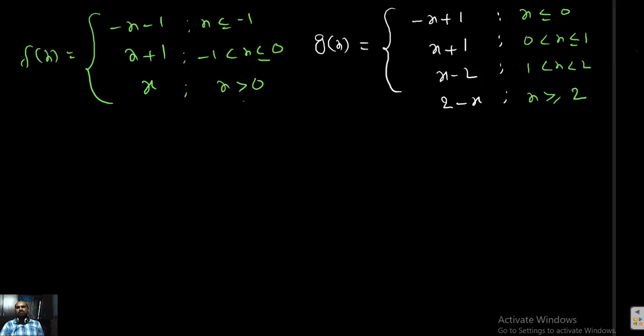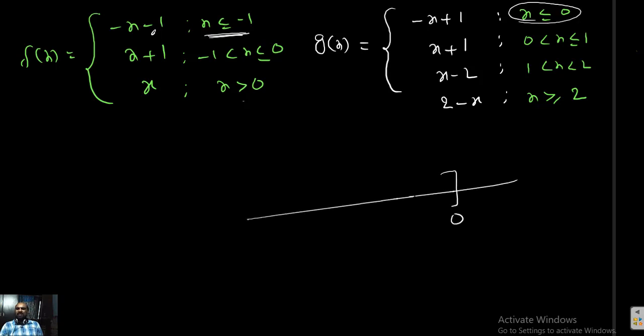Students, now we want to add these two. Here also you can't add directly. This is for x less than or equal to minus 1, and here there is no rule which gives x less than or equal to minus 1 directly. That's why you can't add this with any one of these, but we can make it. For example, x less than or equal to 0 is there, and somewhere minus 1 will be. So this rule should be divided into two pieces. For x less than or equal to minus 1, minus x plus 1 only. From minus 1 to 0 also, minus x plus 1 only. That's why we split this. I will write again. Wait.